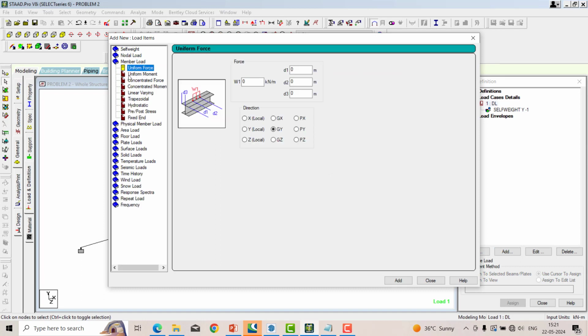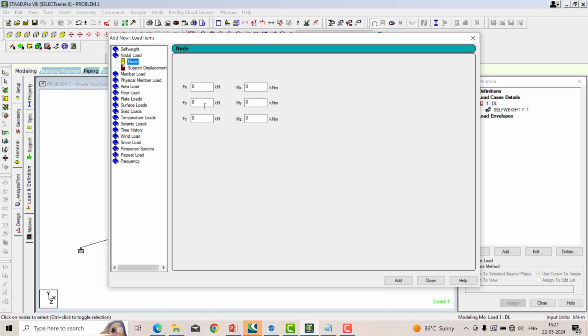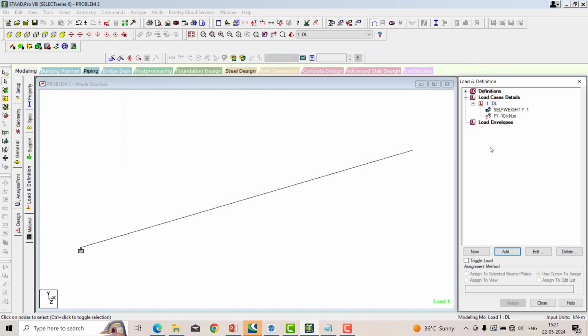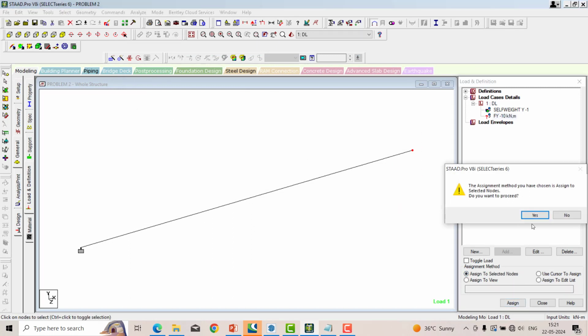If you go with the member load and adding concentrated force, then we can't add because this load will apply over the beam, not over the node. So according to the problem, we have the nodal force about -10. Add and close, and then select that particular node with the help of node cursor and then apply it.